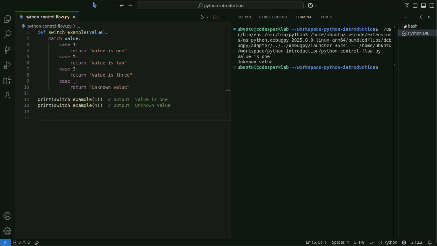Next, let's take a look at iteration. Python's for statement is used to iterate over each element of an iterable object such as a list, string, or dictionary. The basic syntax of a for statement is as follows.